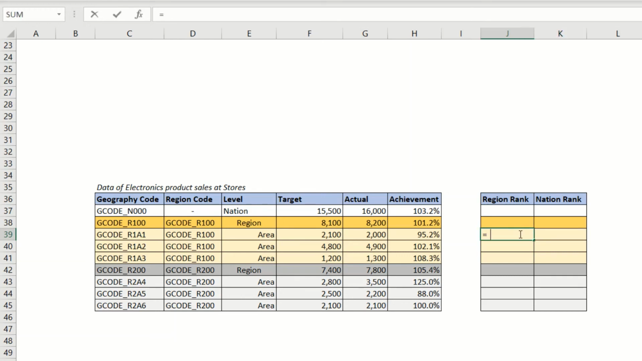First, we can write SUMPRODUCT, and here we first need to compute the rank of a particular store within the region. So we need to curtail the pool to the region, and for that we can say R code is equal to this value out here, and we will multiply it by the level, because we want to compare the performance of an area against an area and not with a region. So I will write level, which should be equal to area,